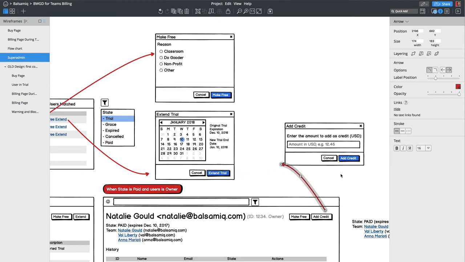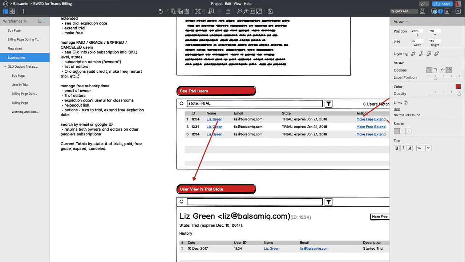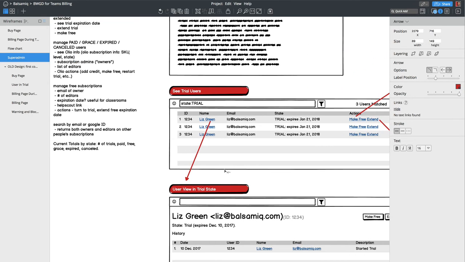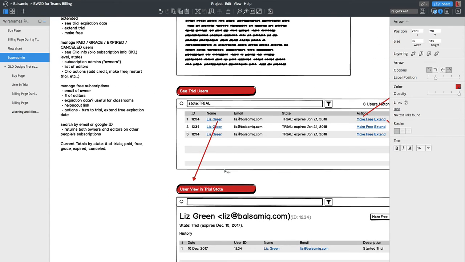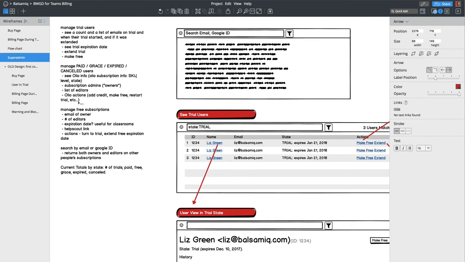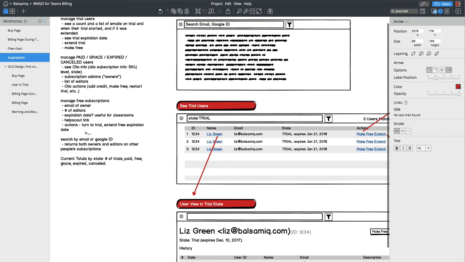Okay, so let's look at the list again. Then we have add credit, make free, restart trial is basically extend. Okay, so that's cool. We've gone through the first two sets of screens that we need to design, and then the next couple are